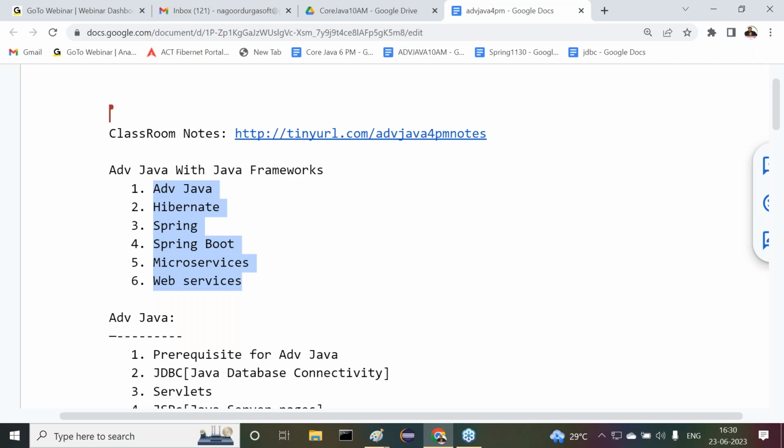Now, people are identifying this type of shortcut for completing Java classes. Unfortunately, outside, some institutes are following the same kind of steps, same type of syllabus. But as a person who has been in Java for a long time, I know the importance of each and every topic. I'm telling you that whatever shortcut approach we are thinking of here, this is totally the wrong approach. That is not at all your permanent solution.